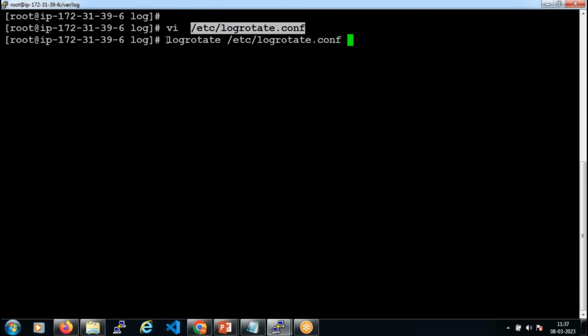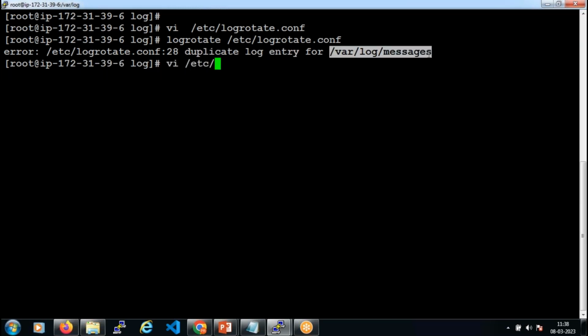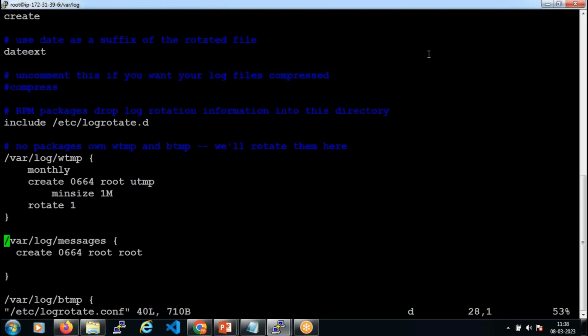This is the command that needs to be executed in order to execute the definitions that you have given in the file, guys. When you hit enter, it will take care of processing the characteristics that you have added in the file, right? That is fine because it is complaining about the duplicate log entry, because /var/log/messages is already added in the log rotation policy by default. So it is saying that, hey, you cannot add that file one more time because that is already taken care of. Let me remove this for now,